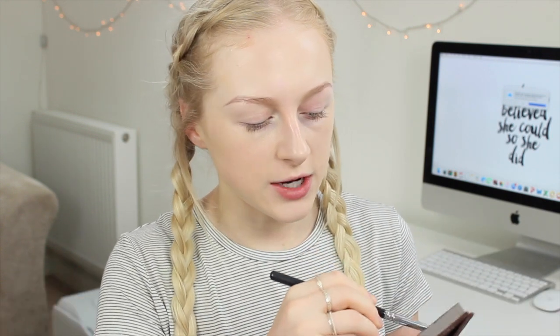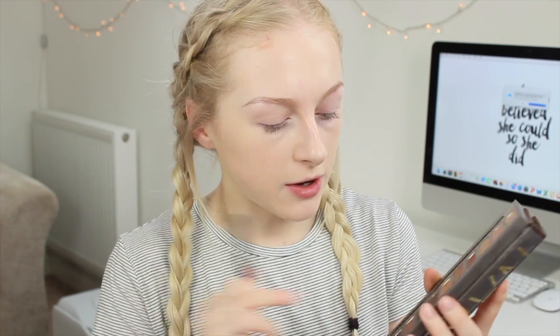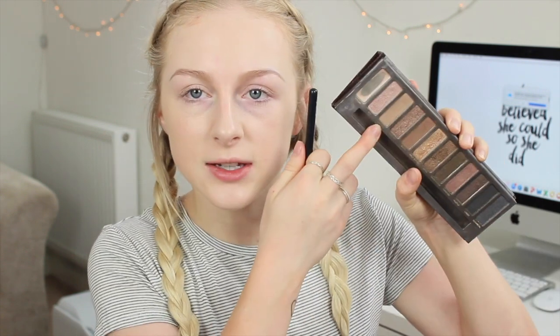Okay, I'm now moving on to eyes, and I'm going to be using my Urban Decay Naked Original palette because it's my favourite. You guys know that. And I'm just going to take a Zoeva Luxe Petite crease brush, use the shade Virgin all over my eyes just to even everything out, give them a little bit of shimmer. Then just using the same brush, I'm going to go in with the shade Naked, which is this one here,